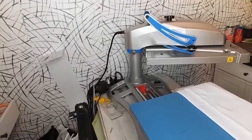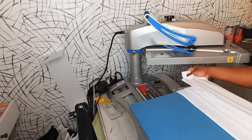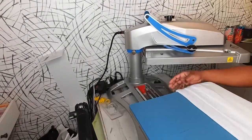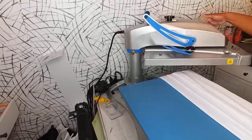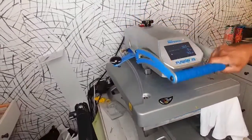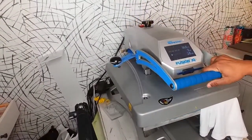These ones I'm using now, I'm just trying to get rid of them because we do inventory next week. I want these out of my inventory, so I'm getting rid of them. I don't even remember where I got them from. I got them to support someone's business, but when we moved, I lost the invoice, so I don't even remember whose shop I got them from. They are really soft, but